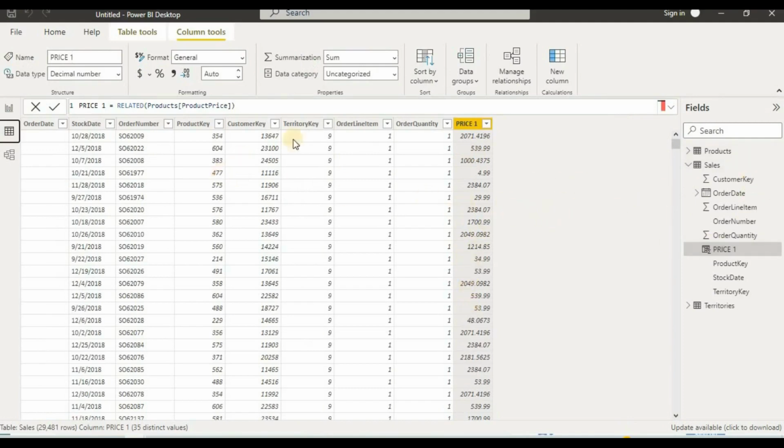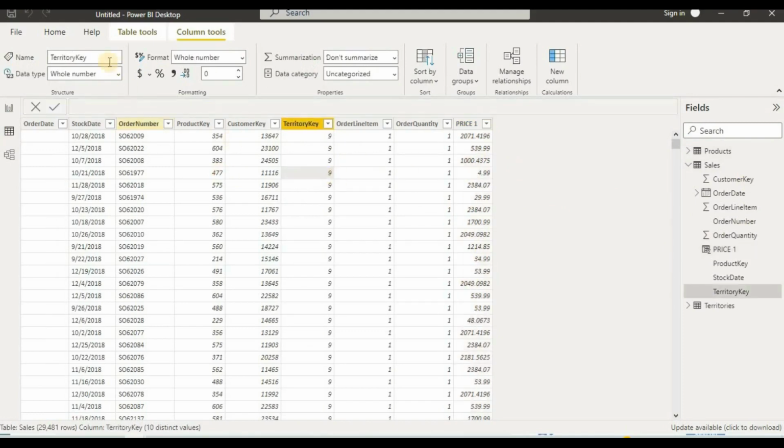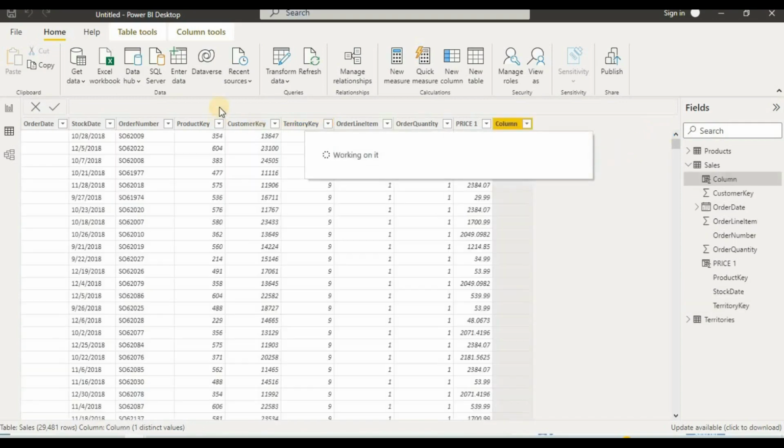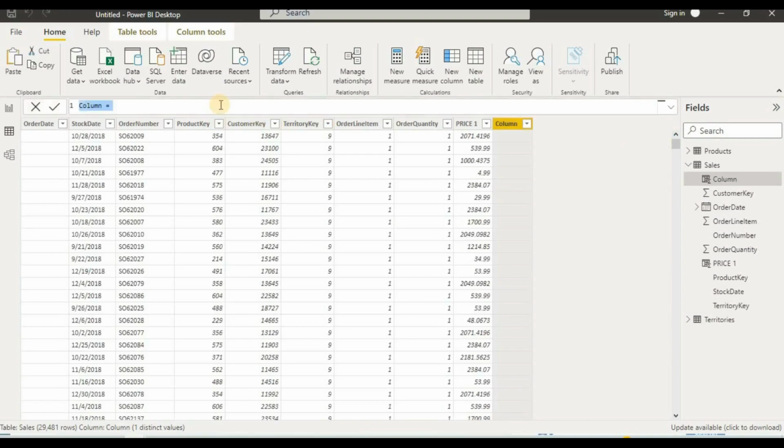Now we want to multiply them. To multiply them, we have to add another thing here. I will again go to home, and from here I will add a new column. And when we have a new column, I will give it a name. To give a name, I will just go here and delete this. So in this bar, we have to create a DAX and give it the name total sales, equal to, and from here I will